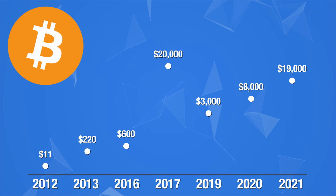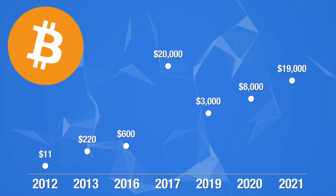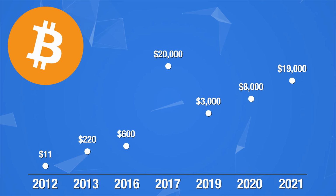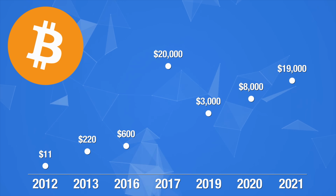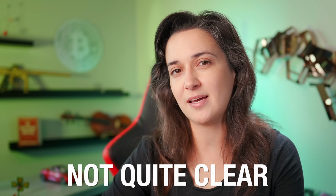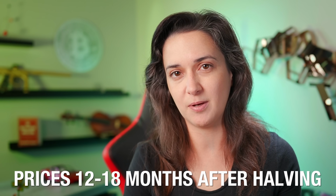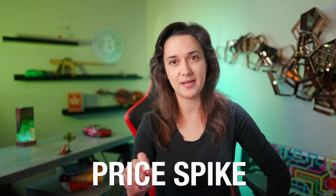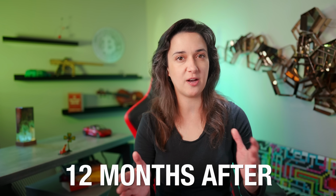So, historically, in the months immediately following a halving event, Bitcoin pricing didn't show much movement. It usually started heating up around 12 to 18 months after a halving. However, it's not quite clear that the spikes in prices 12 to 18 months after the halving events actually correlate exclusively with the halving. Because although the first Bitcoin price spike to $1,100 happened about 12 months after the halving